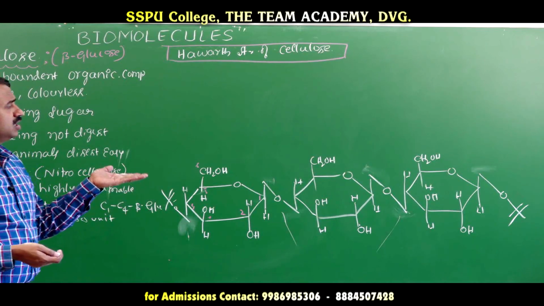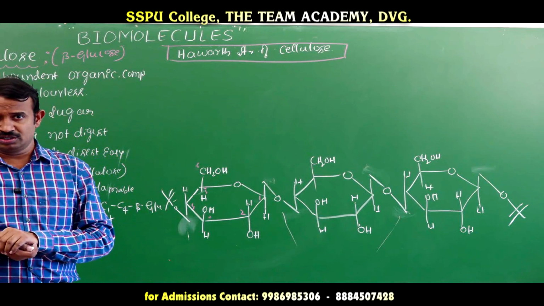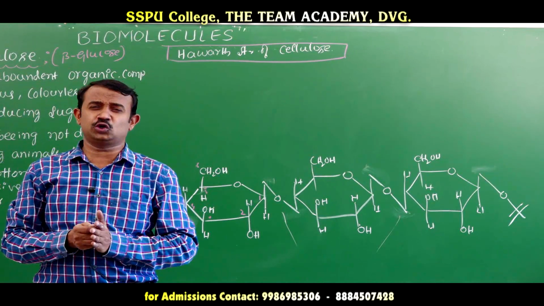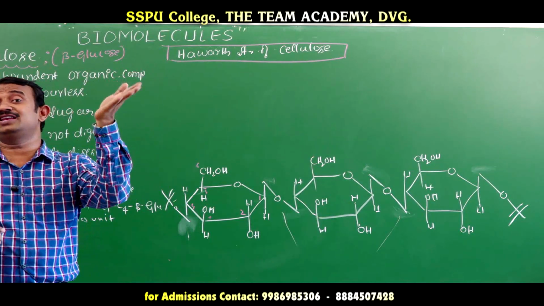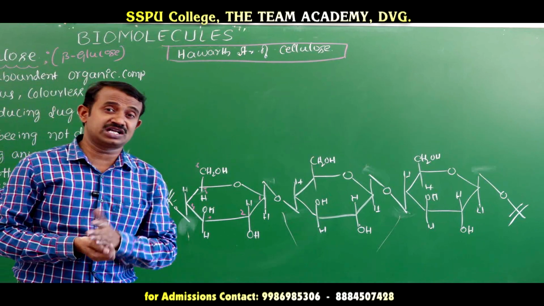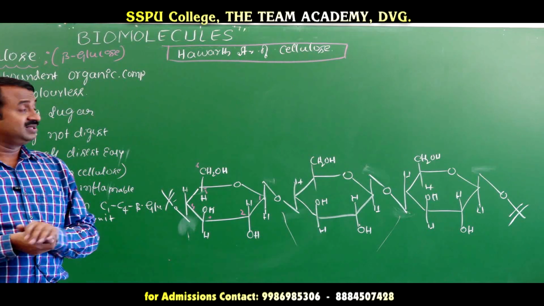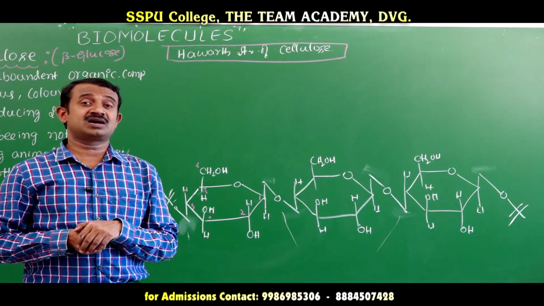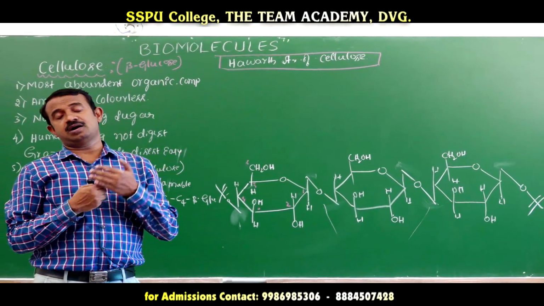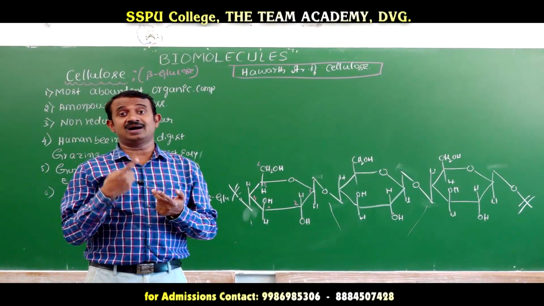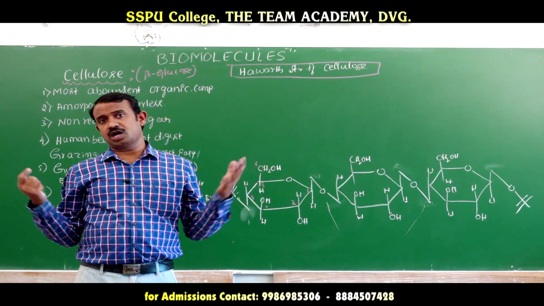Next we will go for glycogen. The animal starch is also called glycogen. Glycogen is similar to amylopectin. Amylopectin, here also, has branched structures, and glycogen is also branched. It is present in muscles, brain, and liver. This animal starch is called glycogen. Okay, these are the monosaccharides, disaccharides and polysaccharides. These are the carbohydrates.